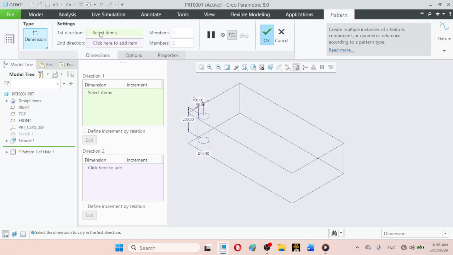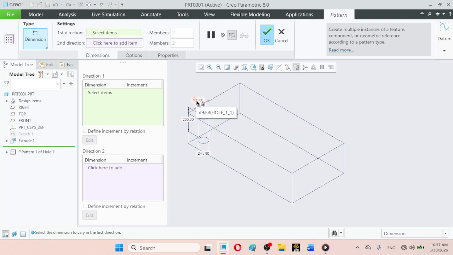So here it says first direction. We will be selecting two dimensions, and the direction in which the dimension is placed will be automatically defined. For example, we can say that this 100 dimension is along the length.